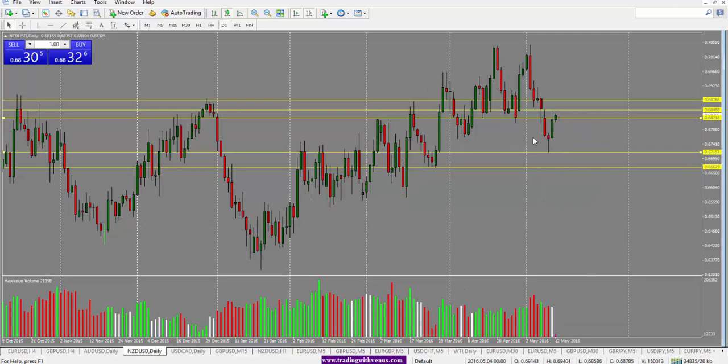Here, New Zealand US dollar, though, it's a different story. We saw bullishness in the New Zealand dollar. The daily close was quite bullish, and as a result, we are looking for price to move up here. The first target would be the 0.6850 level, the top of these pins over here. And once the price breaks through that level, we are looking for it to go to the 0.6880 level or potentially into the 0.6900 level. So the 0.6850 level is the first important level. It needs to breach that, go through that to move on to the next level.